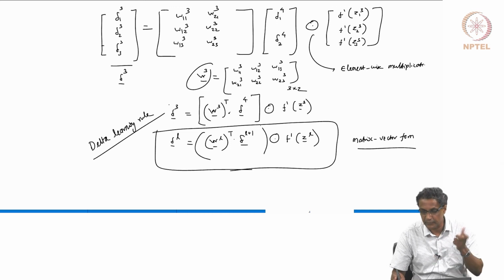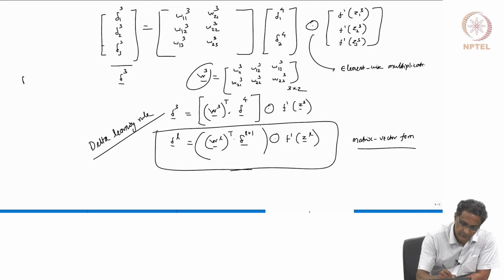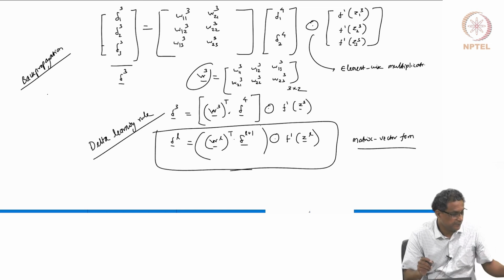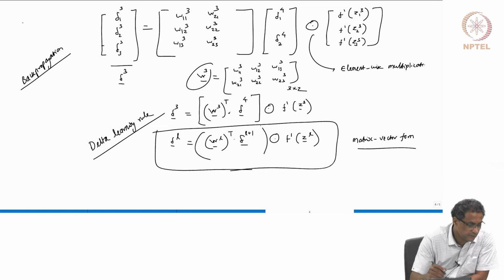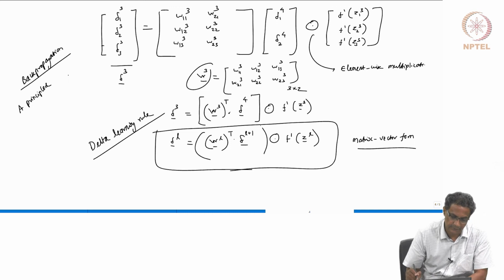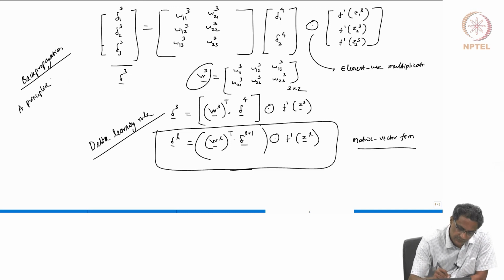And the word propagation, when you say back propagation, what you really mean is, let me just give you the exact principle. Somebody said that this came in 1986. Let me just write down. If somebody asks you what exactly, this is all the math part, but what exactly are you trying to do? It is a principled method,